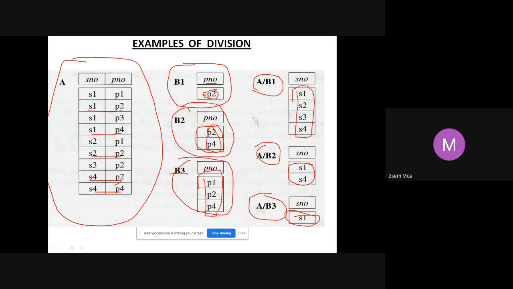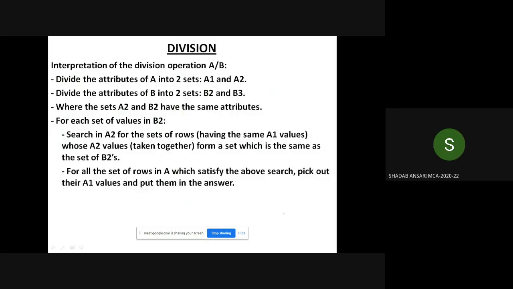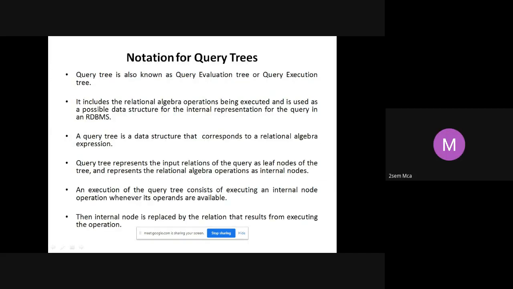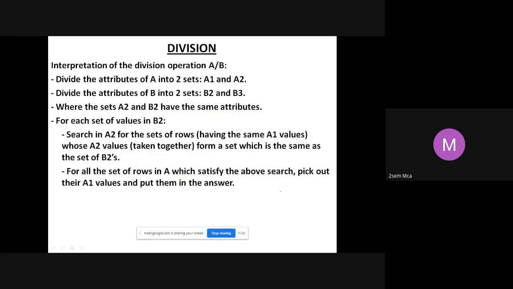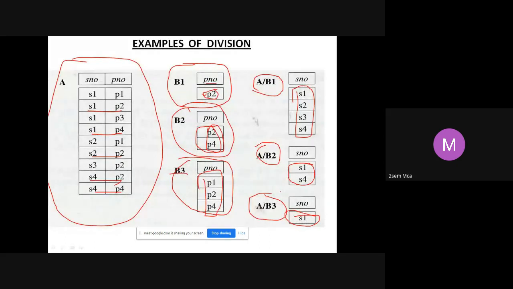Is your division operation clear now? Yes, ma'am. So that is what is written in here. Well, anyway, that theory part is also the same. So that's why I came to examples first, so that it will be easy for you to understand. Otherwise, it will be a little difficult if I go directly into the theory. Examples will make it easier to understand.